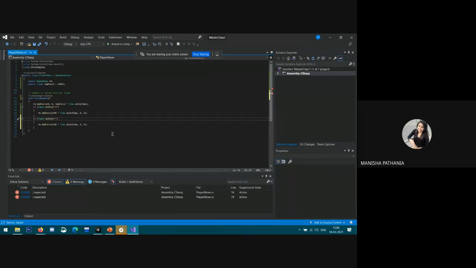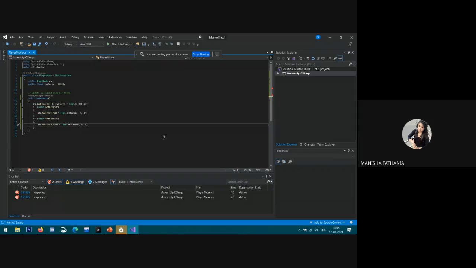Let's suppose A is the other key. If I want to move my player in the opposite direction, simply I need to write minus here. So it will move in the opposite direction when I click on A. 500 is in the right direction and minus 500 is in the left direction.